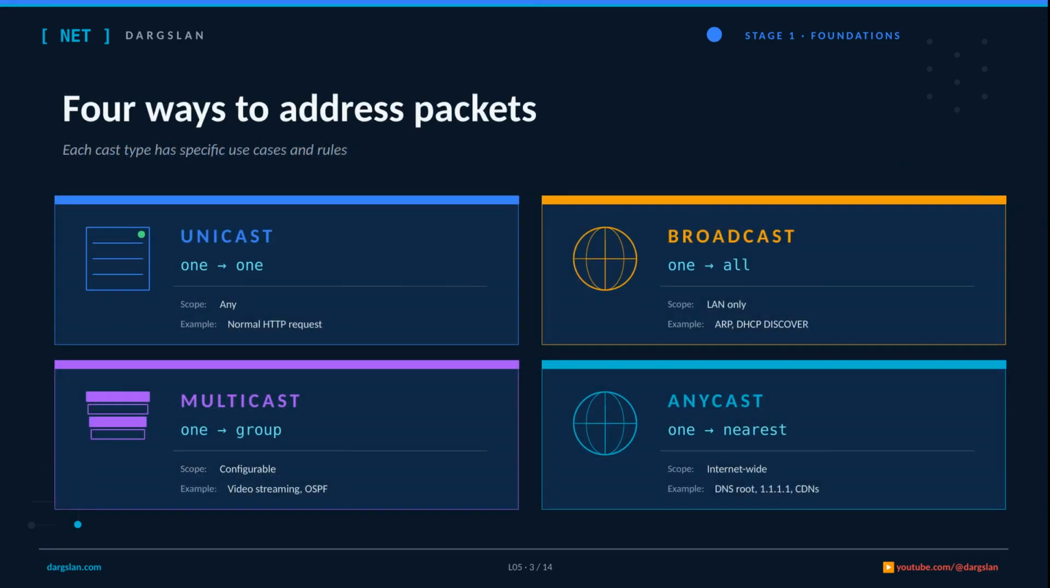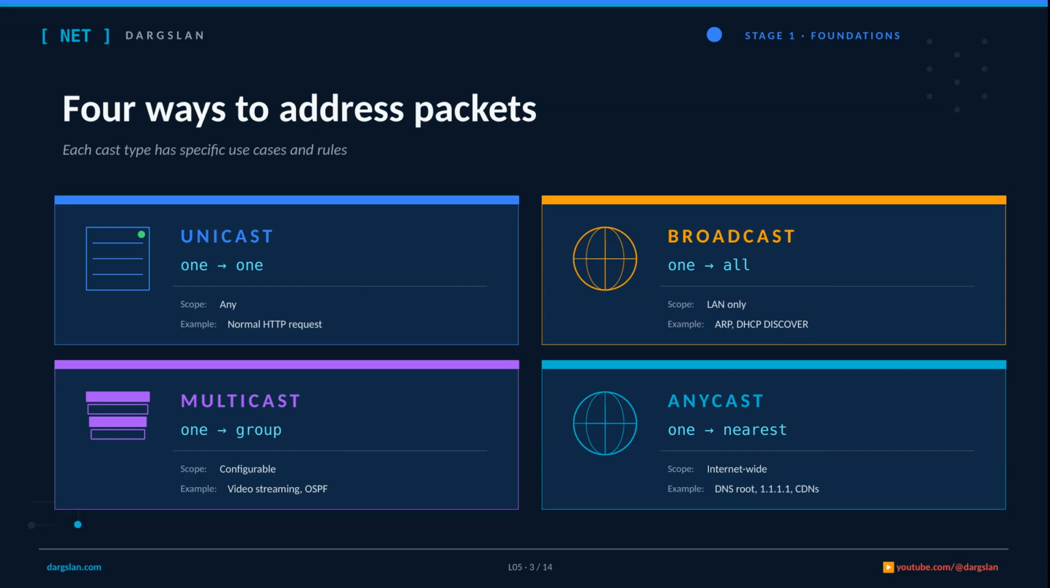Let's put all four side by side. Unicast is one-to-one, works anywhere, and powers things like a normal HTTP request. Broadcast is one-to-all, but stays inside your local network. That's how ARP and DHCP Discover find their way around. Multicast is one-to-a-group, configurable in scope, and shows up in video streaming or routing protocols like OSPF. And anycast is one-to-nearest, used across the internet for services like DNS root servers,